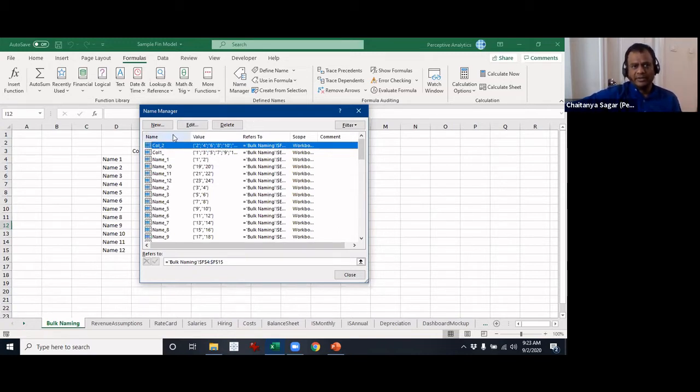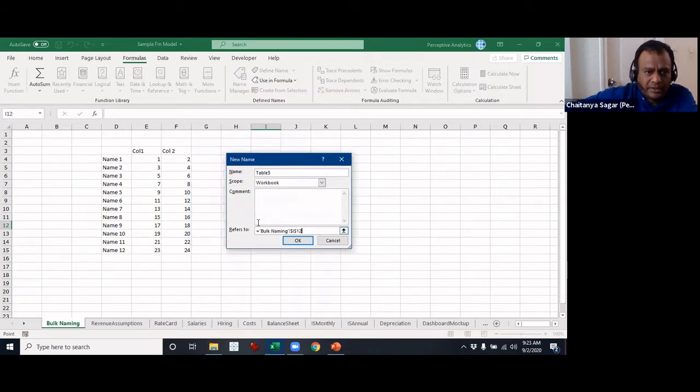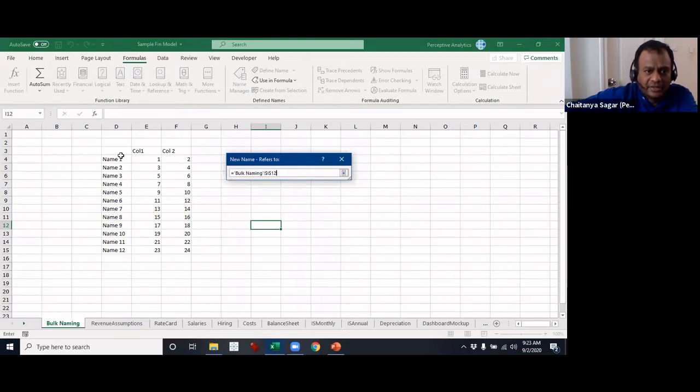So for example, you can hit new, and you can give it a name. It is self-explanatory actually, but let me just give you something. Let's say we will call this table 5. It refers to bulk naming, it says I12, so I can click on this and select a specific range, and it will identify that.